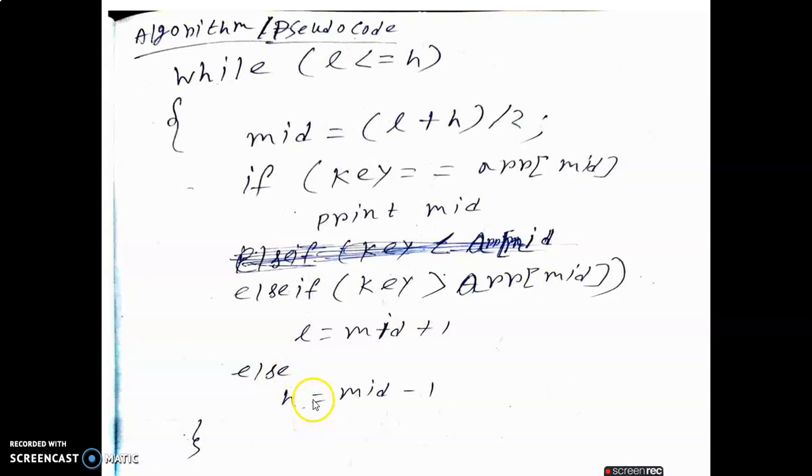If key is not equal to arr of mid and not greater than arr of mid, then obviously key is less than arr of mid. Only one condition remains, so it is true here, and for that we update the H value to mid minus 1.